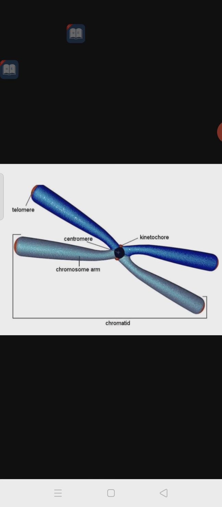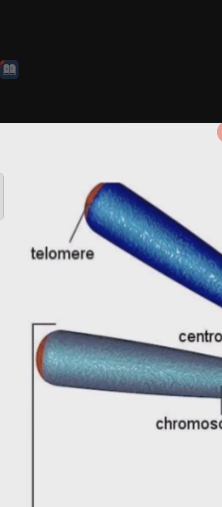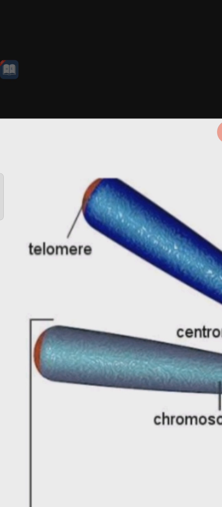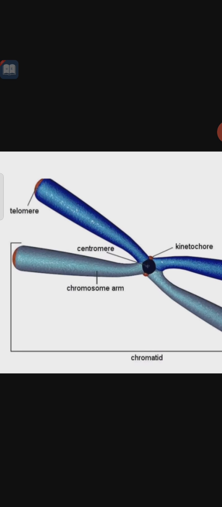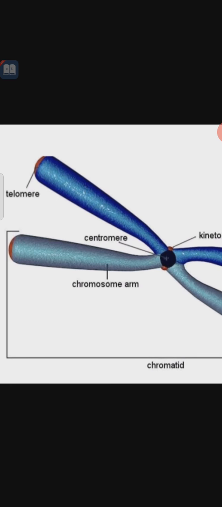Telomere means the end region of the chromosome. It prevents the fusion of the two chromatids. Here the fusion of the chromatids, or the fusion of a chromatid with another chromosome, will not take place due to the presence of the telomere. Understood? So the structure consists of the centromere, chromatid, secondary constriction and satellite, telomere, chromomere, chromonema, and matrix. Within the chromosome, all these parts are present.